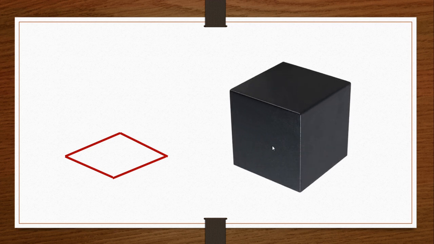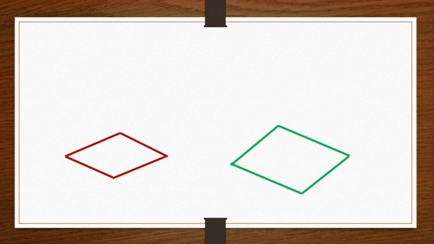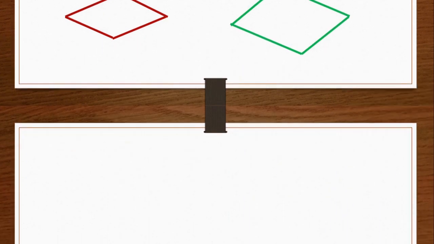One more we will take, this object, that is a speaker. Right? Here also we will trace the edges. One side, second side, third side and fourth side. I will remove this object now. Now we got this figure. We will draw the same figure on a new page. See here. This figure we got.